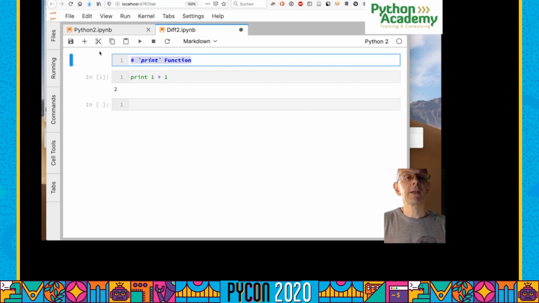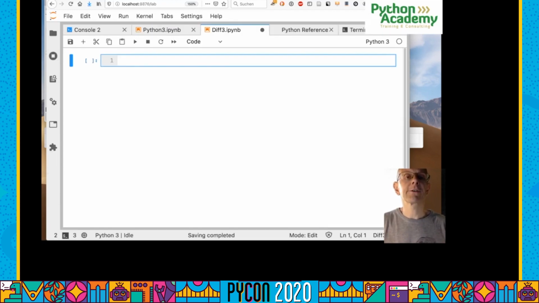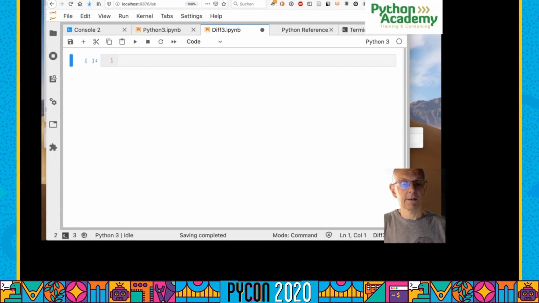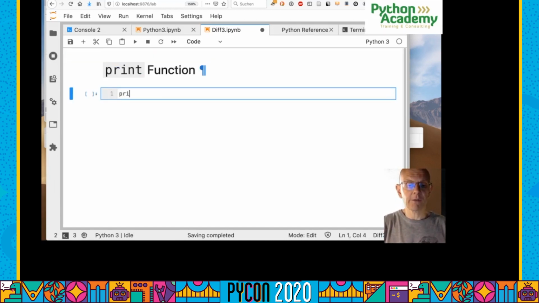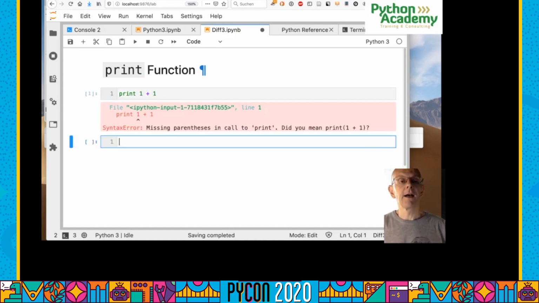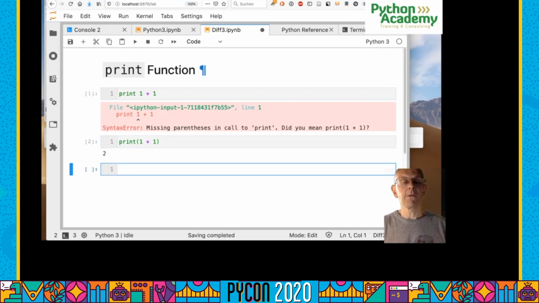And if I do the same thing in Python 3, so I go now to my Python 3 and try the same thing, print 1 plus 1, I do get a syntax error, and it tells me I need to add some parentheses to get print. So I can do the print function, and I say 1 plus 1, which gives me 2. This works. So print is interesting. Now print is a function,